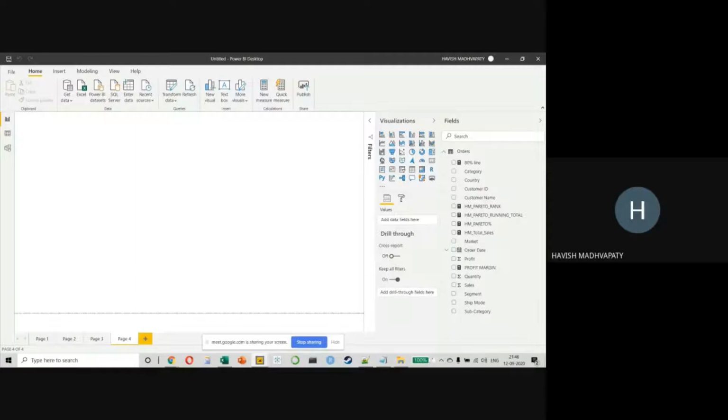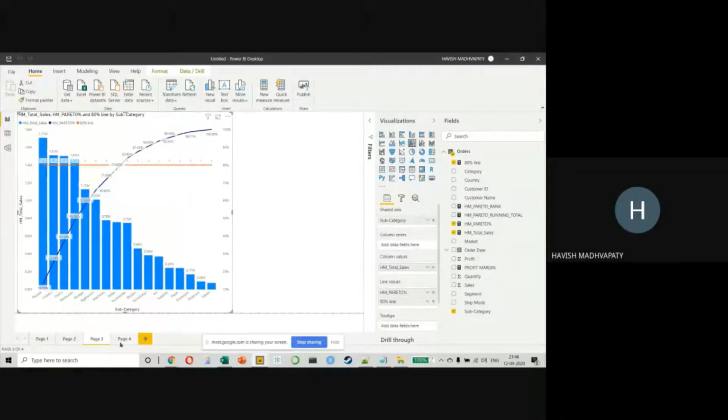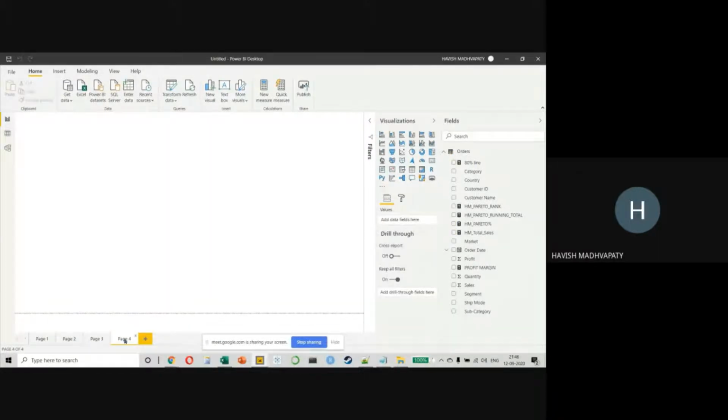Okay. Data sorting can be a problem. Aditya, could you explain what you refer to by data sorting here? Oh, for the Pareto I created. You know what? Let's not get into this right now. Like I said, you guys can now go back and explore this on your own. I want to show you something very cool.